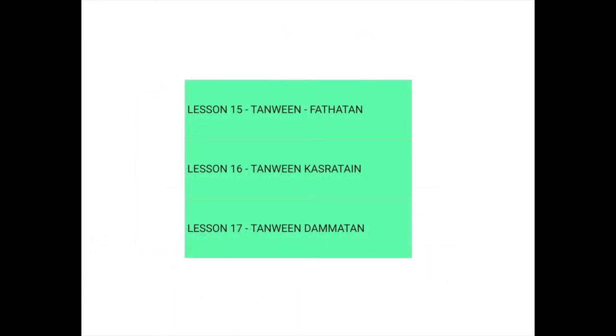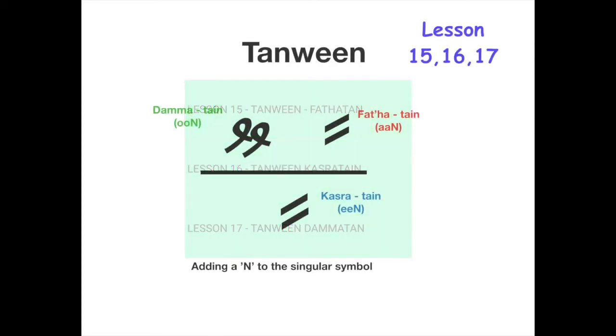In lessons 15, 16, and 17, we introduced tanween, which is where we have the same symbol, fatha, dhamma, kasra, but this time two of them. So two fathas would be called fathatan, two dhammas would be called dhammatan, and two kasras would be called kasratan. And basically it would be un, where we're bringing the letter n, or the sound n, into this word. Un would still have an n at the end, in would still have an n at the end. So go back and check lessons 15, 16, and 17 for that.